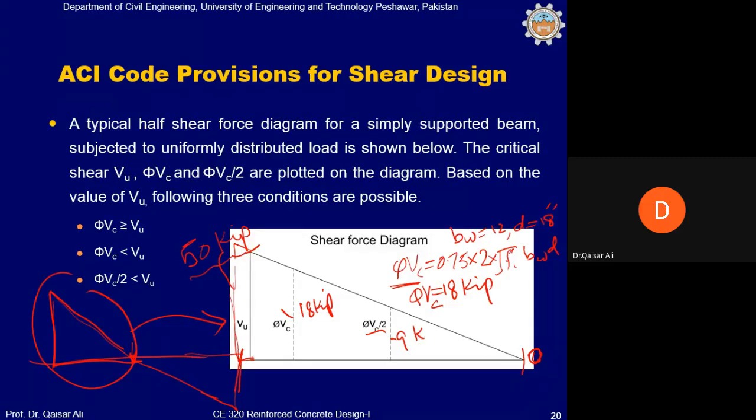अच्छा, अब ये तो शेयर फोर्स डायग्राम है ना, तो इधर शेयर फोर्स की वैल्यू φVc/2 से भी कम है, ठीक है कि नहीं? इसकी हर वैल्यू शेयर फोर्स की वैल्यू है। मैंने इसमें कैपेसिटीज को प्लॉट किया ताकि मुझे पता चल जाए कि कहाँ कहाँ पर शेयर फोर्स मेरी इस कैपेसिटी से कम है और कहाँ पर ज्यादा है। इधर तक की शेयर फोर्सेज हाफ ऑफ द शेयर कैपेसिटी से भी कम हैं। इधर की वैल्यूज हाफ ऑफ द शेयर कैपेसिटी से ज्यादा हैं, लेकिन फुल φVc से कम हैं। और इस रेंज में वैल्यू डिजाइन शेयर कैपेसिटी से ज्यादा हैं। तो इसमें 3 पोर्शन बन रहे हैं। एक वो जिसमें शेयर फोर्सेस हाफ ऑफ द शेयर कैपेसिटी से भी कम हैं। दूसरा वो जिसमें वैल्यू φVc से कम है लेकिन φVc/2 से ज्यादा है। और तीसरा वो जिसमें φVc से ज्यादा है। तो वी विल बी लुकिंग एट दिस 3